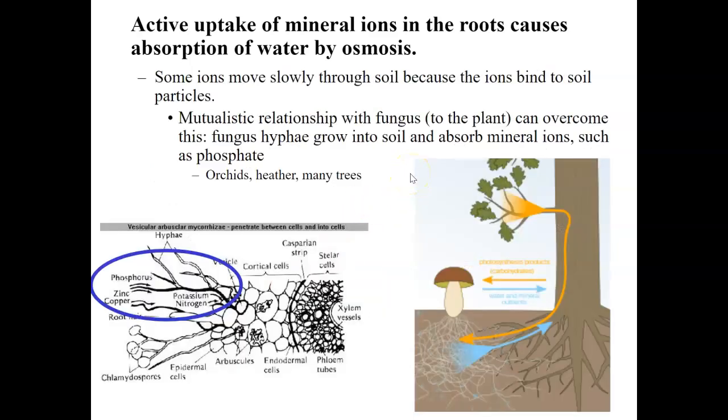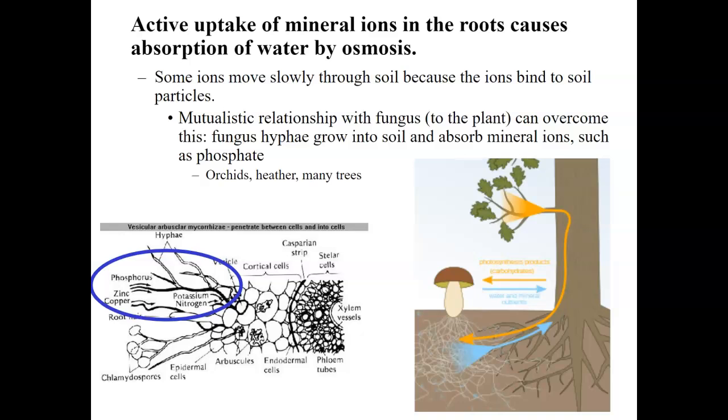Some ions move very slowly through the soil because they become very attracted to the soil, and they get stuck on it. They bind to the soil particles, and that makes it hard to transport these particular ions into the root cells. But there are ways that plants can overcome this. There are several ways. We will only talk about one specific way right here,